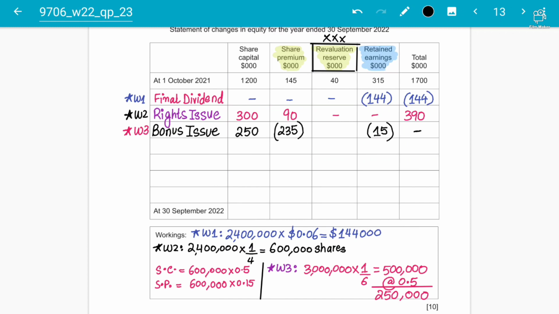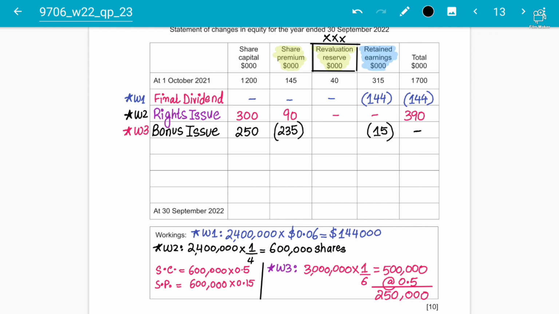Why will the net effect be 0? Because bonus issue is not a source of finance. It doesn't generate money. To solve its short term liquidity, cash management problems, the company asks the existing shareholders to take more shares from them, and they will finance it from their reserves, through capital reserves and revenue reserves. Then I'll explain, students, we need to understand that share premium only had an amount of 235,000 total net amount, and we had to finance 250,000.